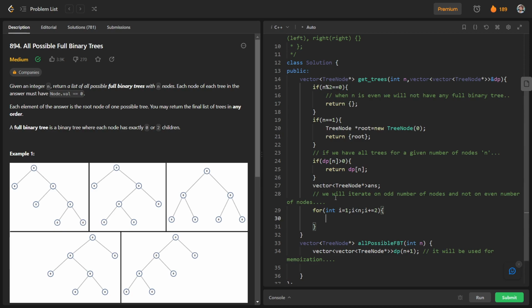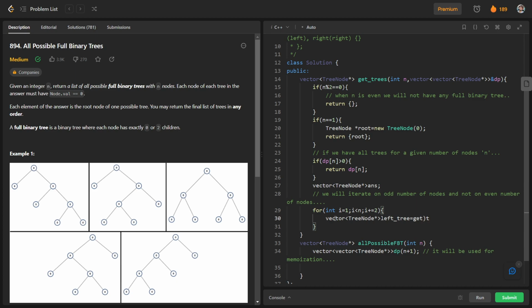Let us say the left part has a tree with i nodes. So we will solve for the left part: vector of tree node star, and I will write here leftTree.